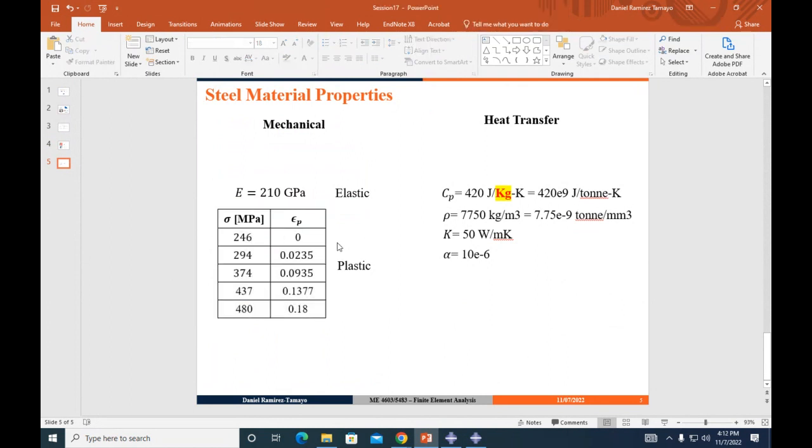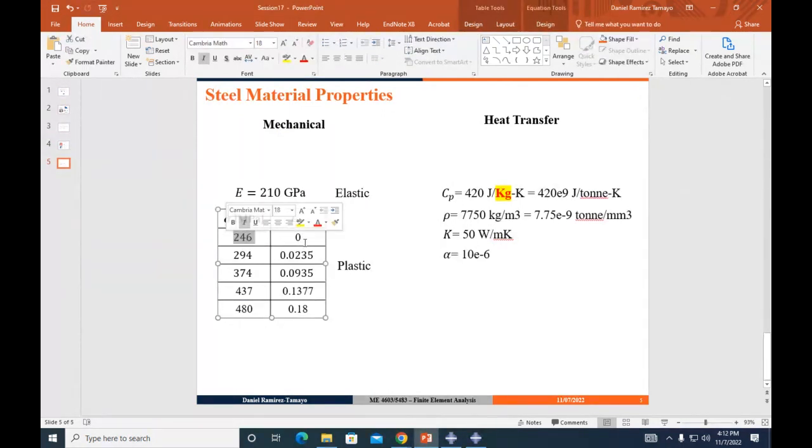For this particular steel, what is the yield stress? Can anyone tell me from this table? 246. So this table is saying, hey, right at 246, I started yielding, but my plastic deformation is 0. I'm right on that edge between the elastic and plastic regimes.